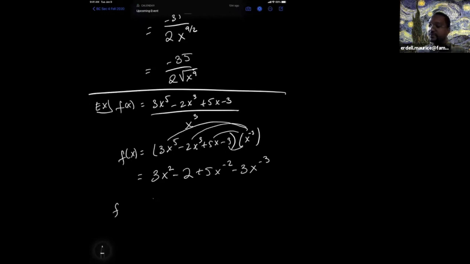Now I can apply my derivative properties. 3 times 2 is 6. The derivative of a constant is 0, so this will go away. 5 times negative 2 is negative 10x to the negative 3. And negative 3 times negative 3 is 9x to the negative